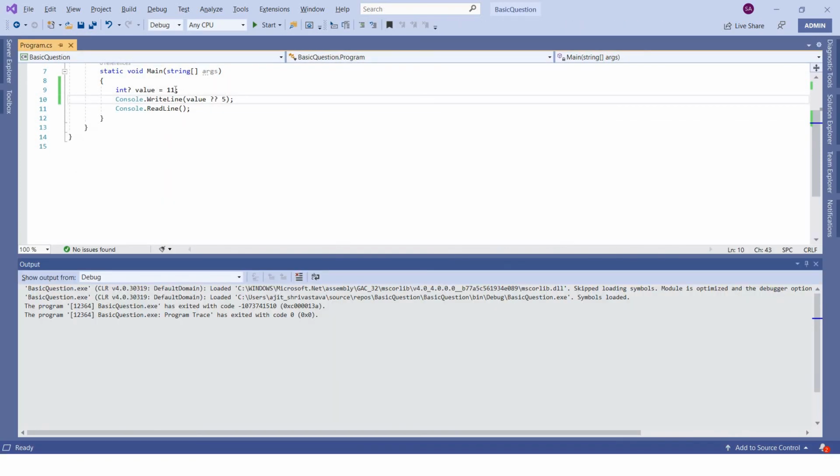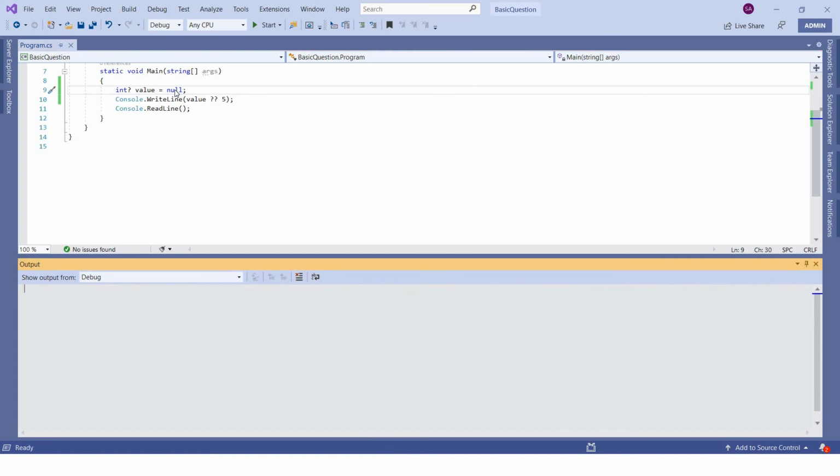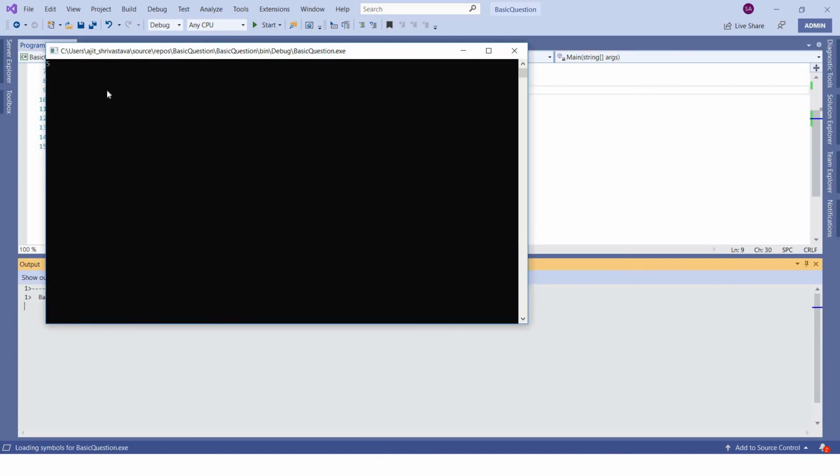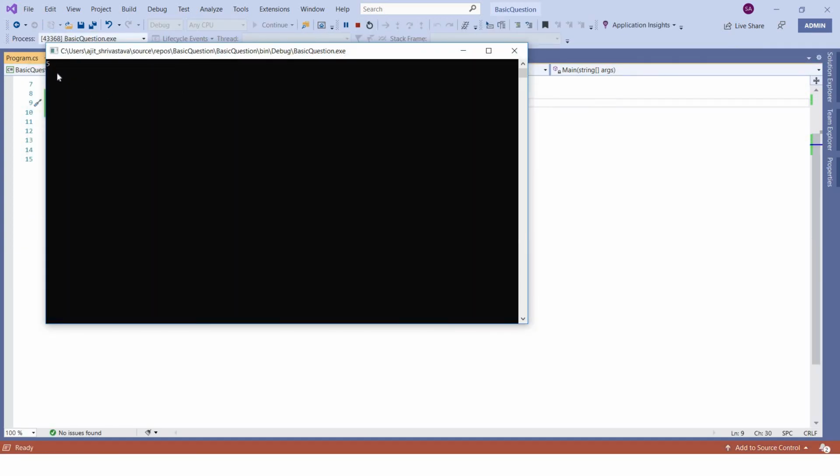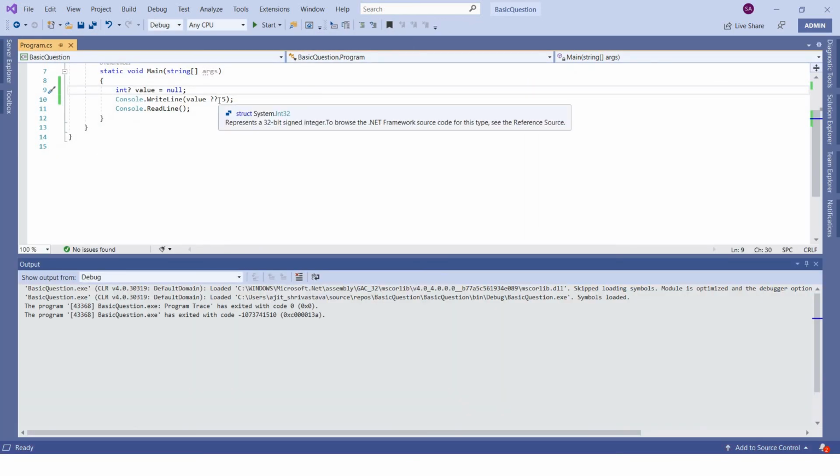Now let's make it null and print it. You'll see it is printing 5. What does it mean? The null coalescing operator, if this value is not null, will return this value itself. But if this value is null, it will not return this value.